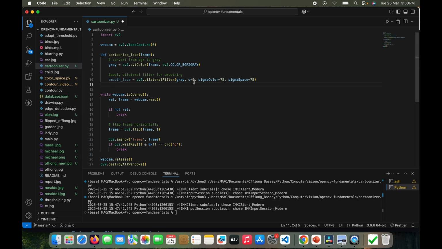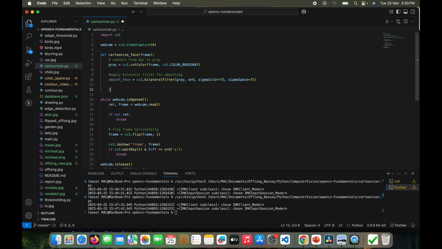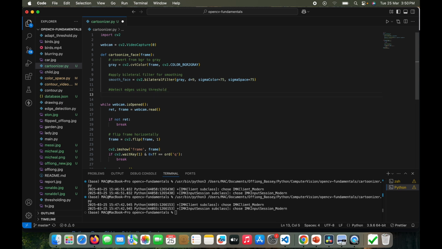I think I should change this to 5. Let me leave it at 9. If it doesn't look nice, I'll still modify. So the next thing to do is to detect edges using threshold. I would say edges is equal to cv2.adaptiveThreshold,